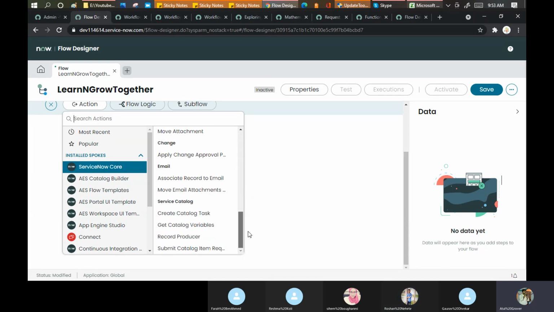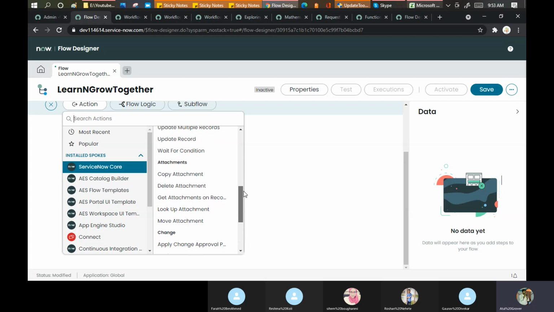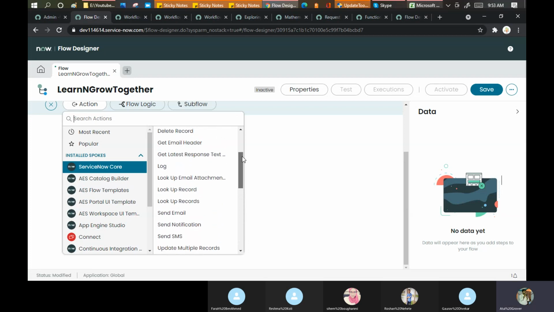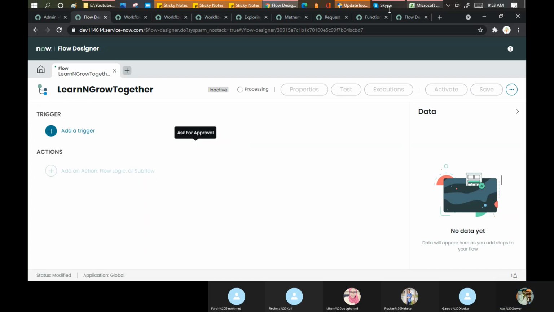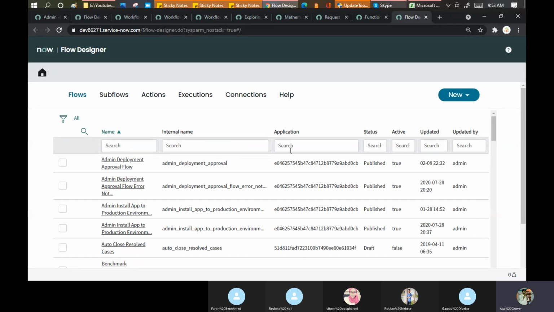Email, catalog variables. I guess I need to go for this one only. Ask for approval. Let me see if I created anything. Created by.